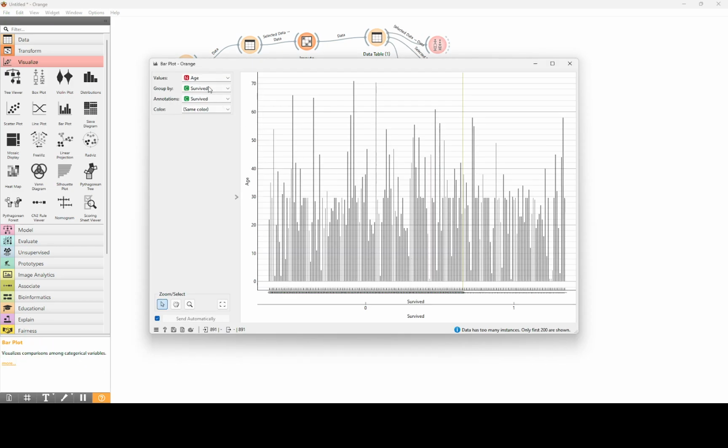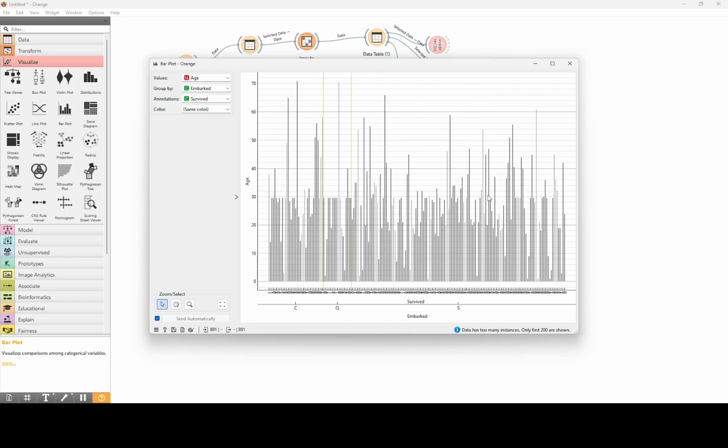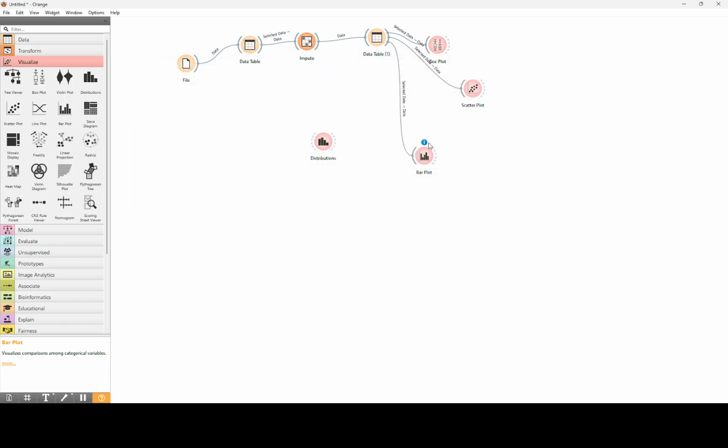With the bar plot, we can see how age to survive ratio is there, age to gender, age to embark, from which station they embarked, they started their travel, right? And likewise, we have distribution.